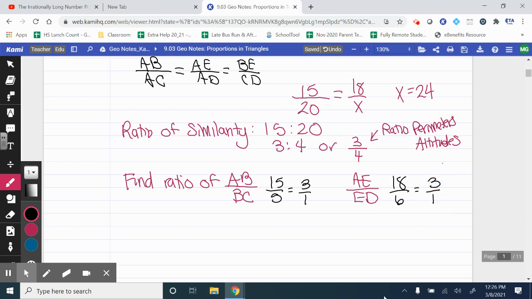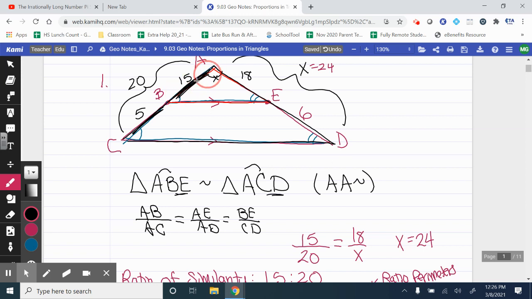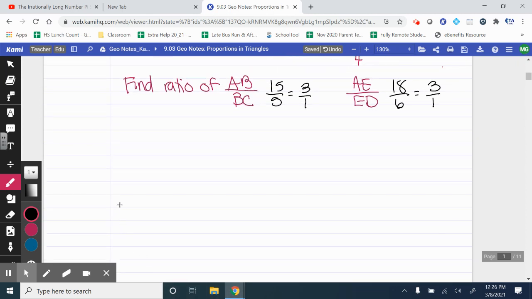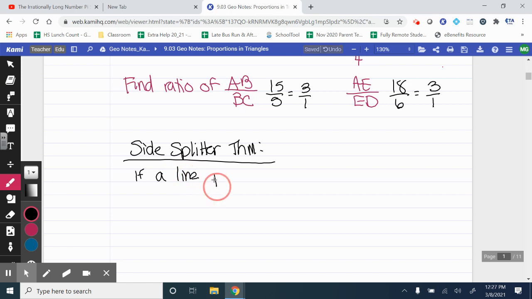So now we see that the ratio is the same for these two pieces here, and then here and here. So that allows us to use something called the side splitter theorem, is what that brings us to. So that's our triangle proportionality theorem, or our side splitter theorem, which says if a line parallel, and it must be parallel to one side of a triangle,